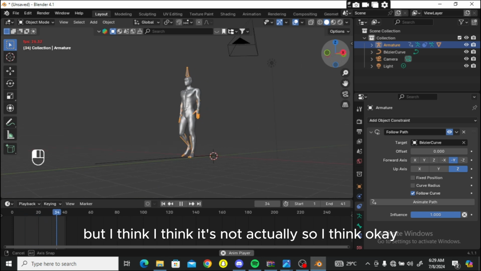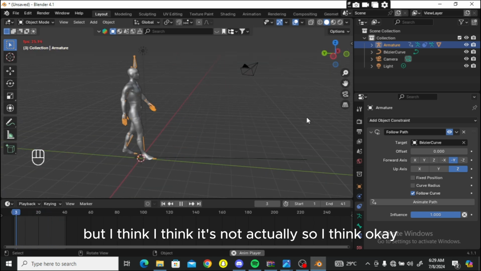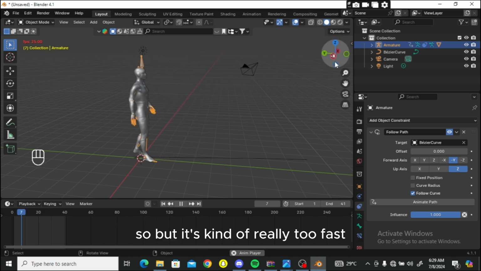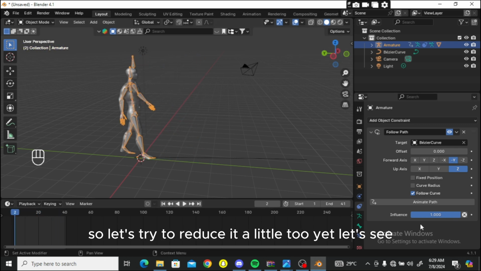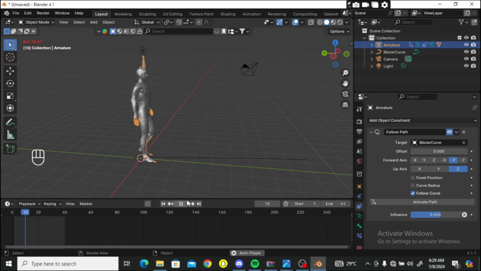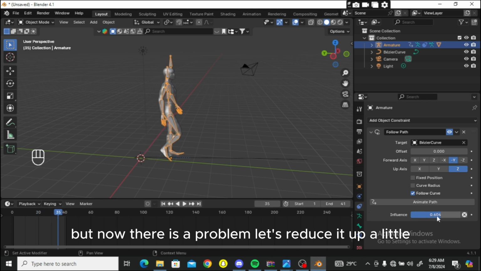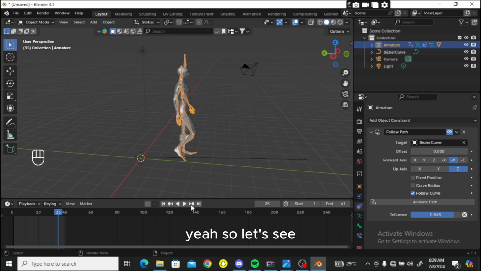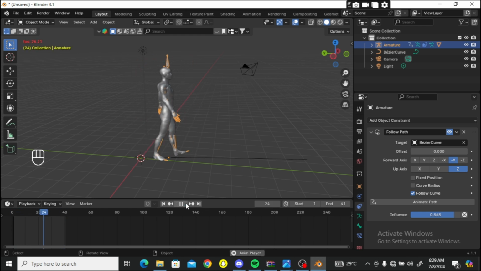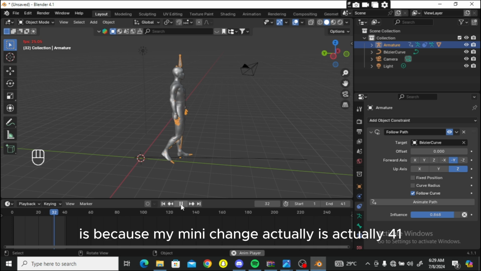But it's really too fast. So let's try to reduce it a little. Okay, but now there is a problem. Let's reduce it a little more. Okay, now the reason why it's not moving to this line right here is because